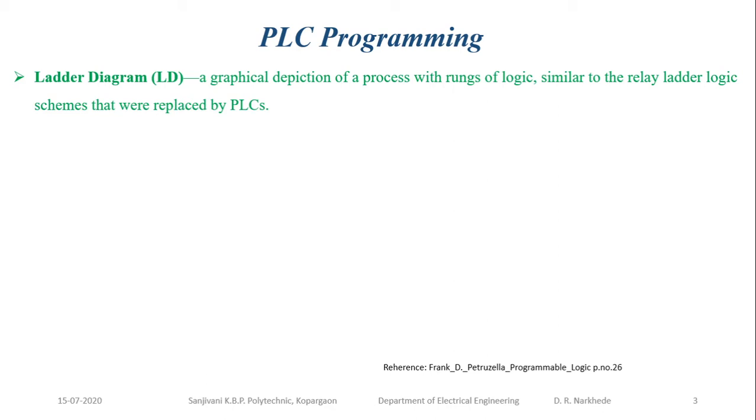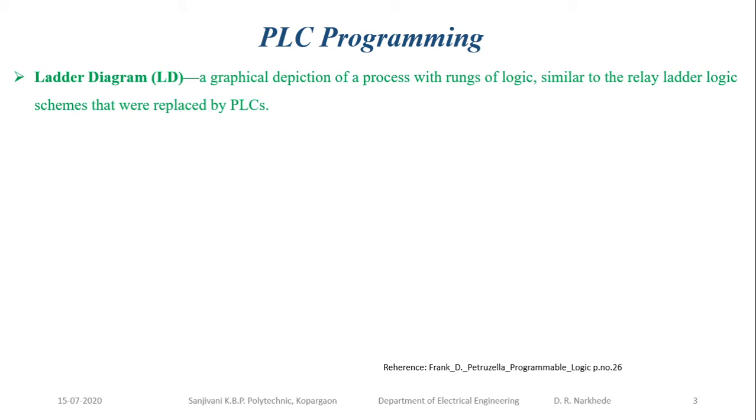Now what is meant by logic? Logic is nothing but the way of thinking, or the way by which you want the actions to be performed. Say I want my output device to work when all the switches are on. In that case I have to go for serial connections, which is called AND logic. What is the AND logic? In the previous lecture we discussed logic gates. AND logic gives me output only when all inputs are high. So that is programmable logic.